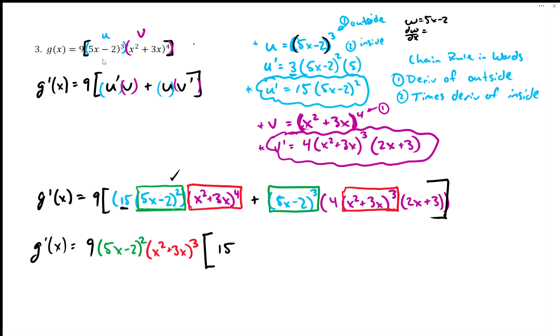This one was to the 4th power, and I took a cube out of it. So I'm just underlining the 4. So if I took a cube out, that means I'd be left with a first powered x squared plus 3x. Careful, it's not a prime. I'm just trying to show that's the first power. 4 minus 3 was 1. We don't need to show that 1. Okay, and then plus, moving onward, we've got 5x minus 2 squared